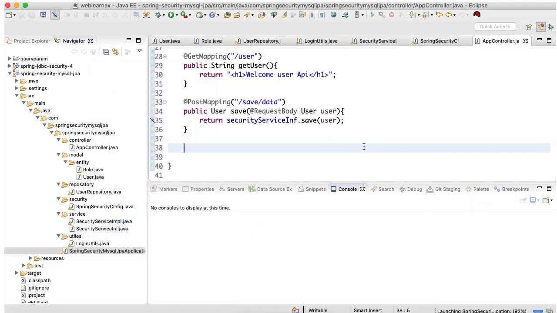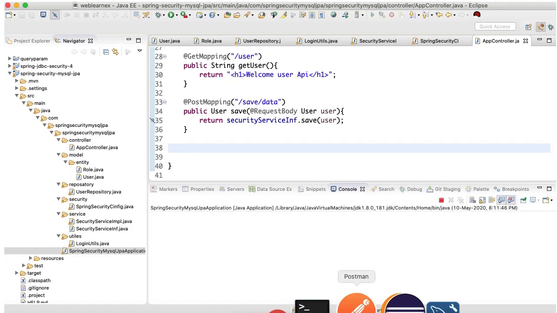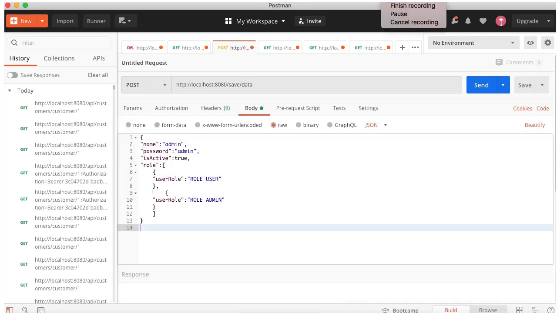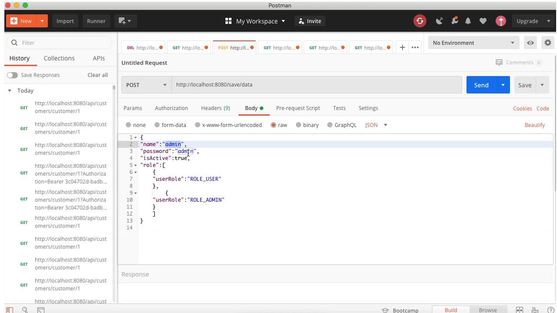and let me open Postman, because first I need to pass the user information. I have already added the Postman details: my username is admin, password is admin, and I'm going to provide two roles for admin.